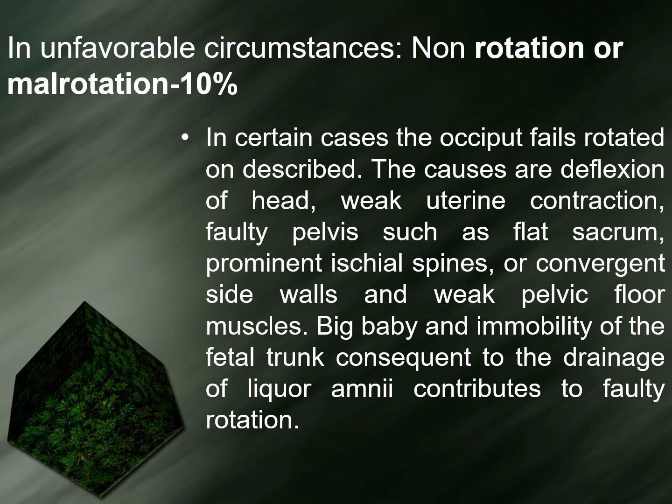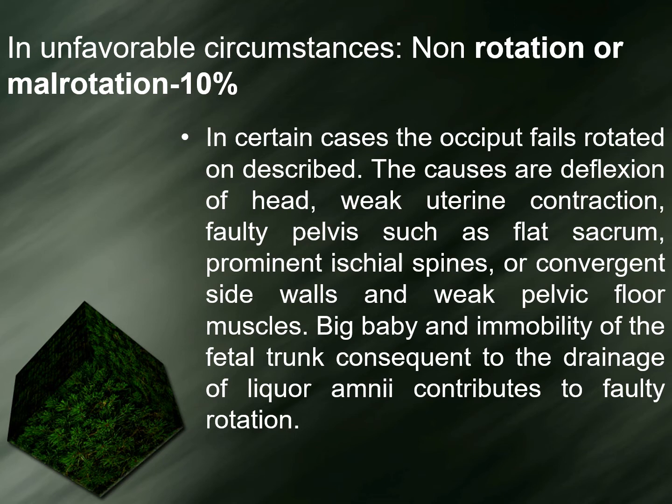Okay, now we are moving to the next section, that is non-rotation. See, usually in the mechanism we know that the head will rotate. Whatever part comes and meets the resistance of the pelvic floor will rotate forward until it comes under the pubic arch. Here, in the case of occipito-posterior position, it's an unfavorable situation because if you have seen the mechanism, you will know that the head is supposed to rotate 3/8 of the circle. That is, the head is supposed to rotate from the sacroiliac joint to the symphysis pubis. That much rotation it has to take.